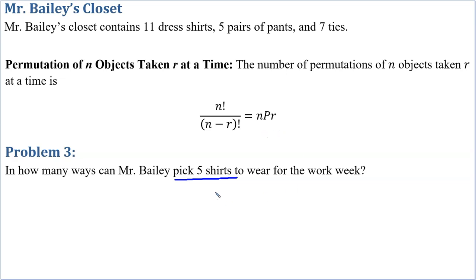Okay, so back to the situation. In how many ways can Mr. Bailey pick 5 shirts to wear for the work week? As in, I want to lay my shirts out or arrange them on hangers on Sunday, so I'm set to go for the week. Well, we just write that as,